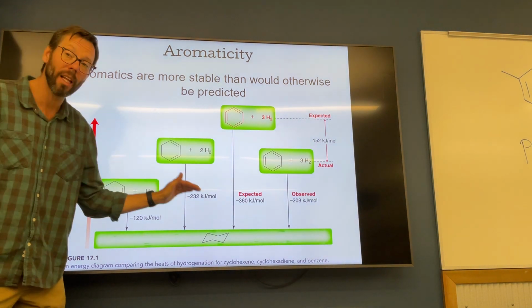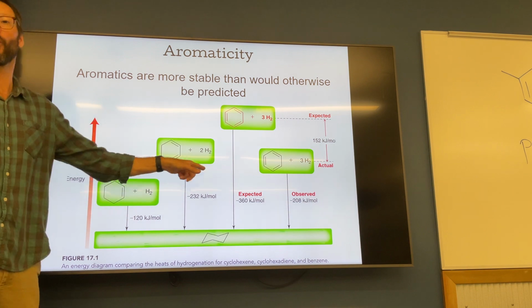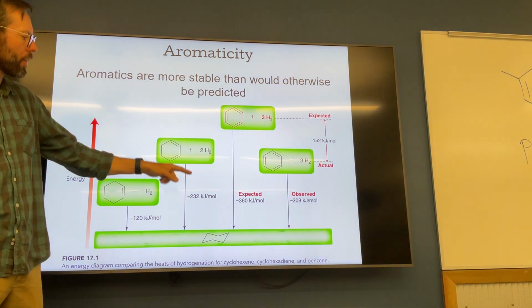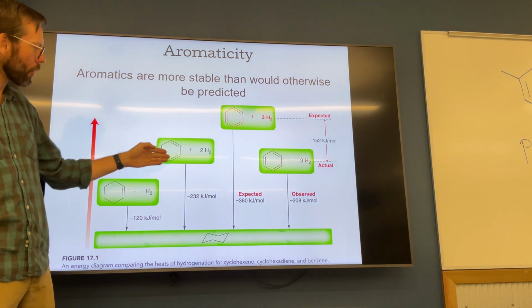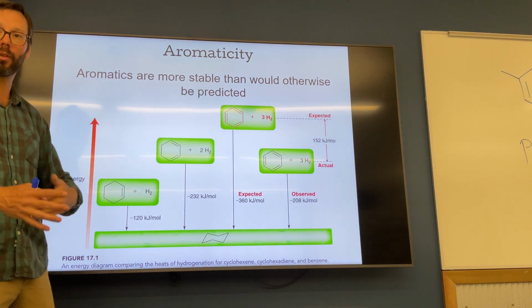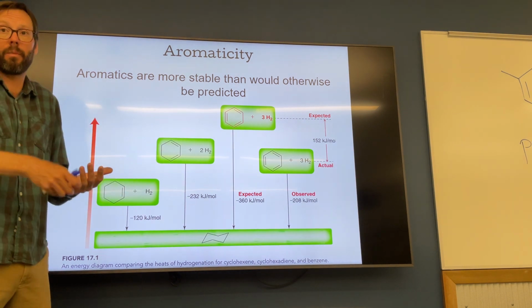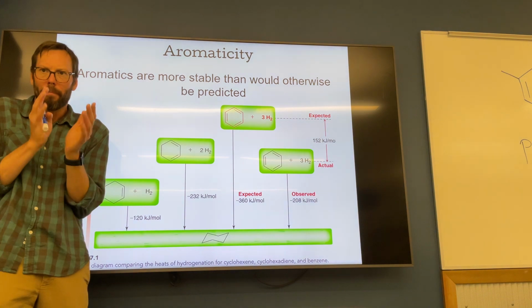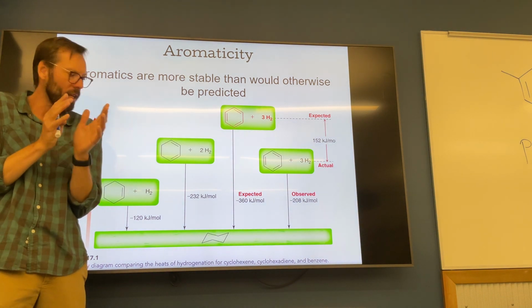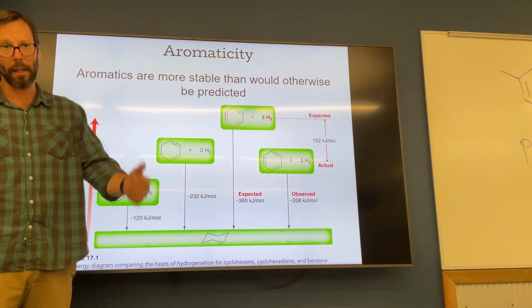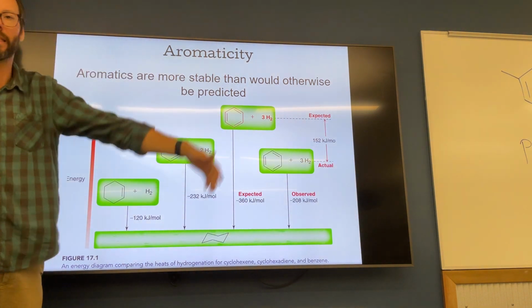It's a little less, right? It's not like 240 would be exactly double, but it's a little less than that because there's resonance here. And resonance equals increased stability. So it's roughly that, but because there's some resonance, it brings it down just a little bit. Well, okay, let's extrapolate that further.